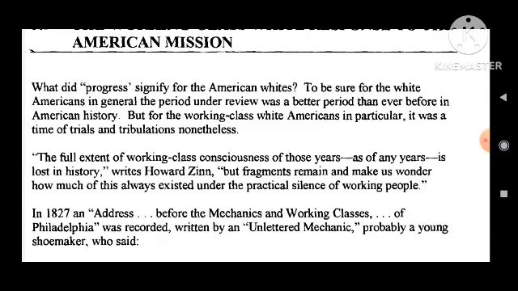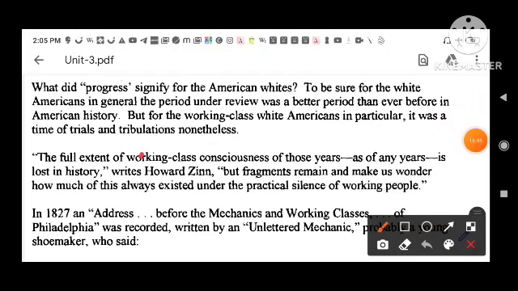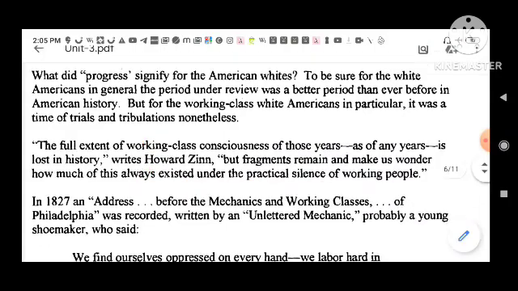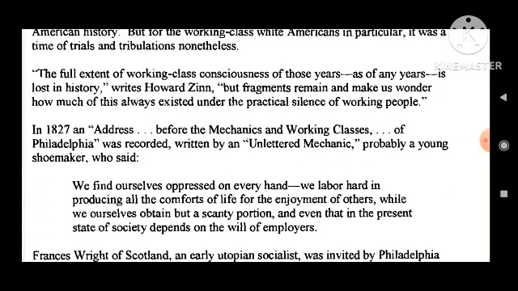So here you can make a key point, that is Howard Zinn. Okay, so here it is Howard Zinn: fragments remain and make us wonder how much of this always existed under the practical silence of working people. In 1827, an address before the mechanics and working classes of Philadelphia was recorded, written by an unlettered mechanic, probably a young shoemaker, who said,